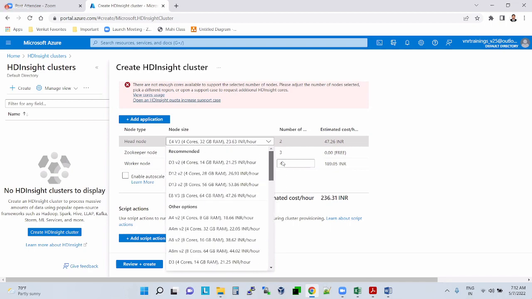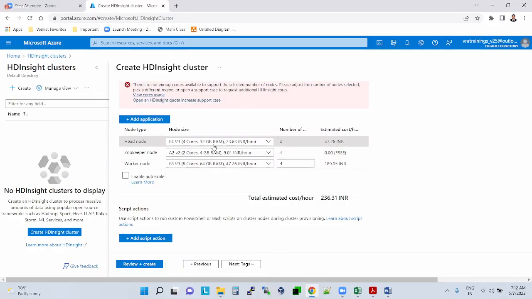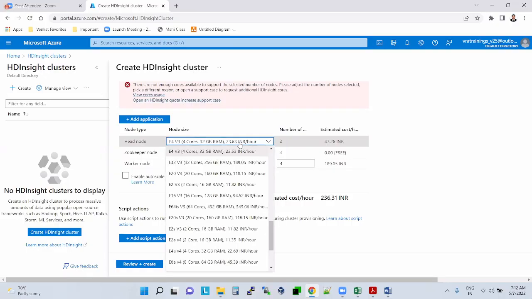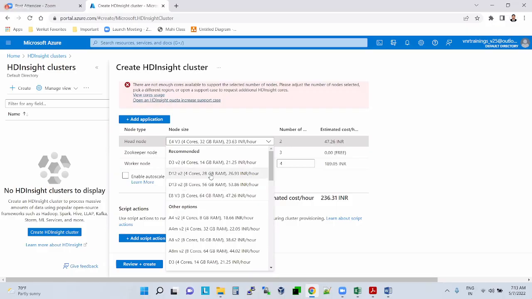Here there are different VMs. Here, 4 cores, 14 GB RAM, 20.125 INR per hour. What are the total cores available under my account? We will see. We have 4 cores, 8 cores.